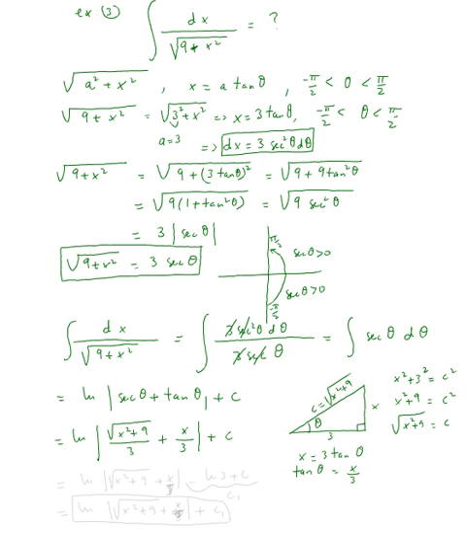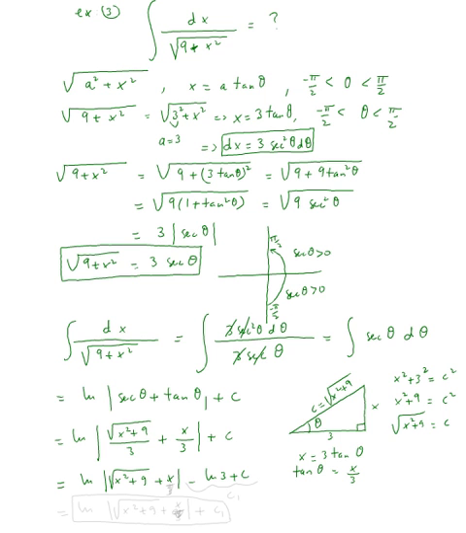We can use the log properties, and this is equal to ln of the numerator, square root of x squared plus 9 plus x, minus ln of the absolute value of 3,